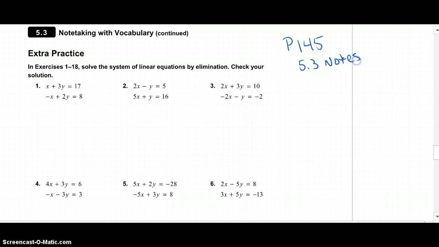So I had mentioned that as we solve systems, we're going to learn 3 different ways to solve systems. We learned graphing, then we learned substitution, and the third way we're going to learn how to solve systems is with elimination. Now I will tell you, most people will find this way the easiest, but it's not always the most efficient